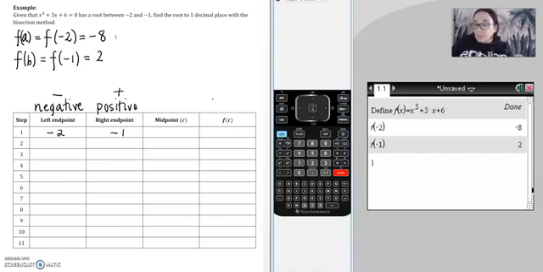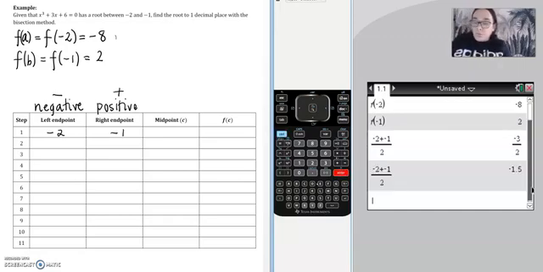So, the midpoint. The midpoint is we add a and b, and we divide by 2. So, negative 2 plus negative 1 divided by 2. So negative 3 over 2. We will be using decimals because remember we have to compare to one decimal place. I'm just going to write it in as negative 1.5. And we need to sub negative 1.5 into the function. And remember it's defined. So f